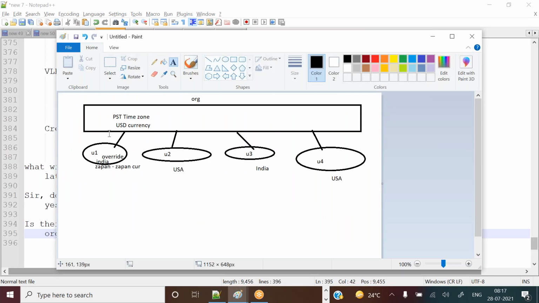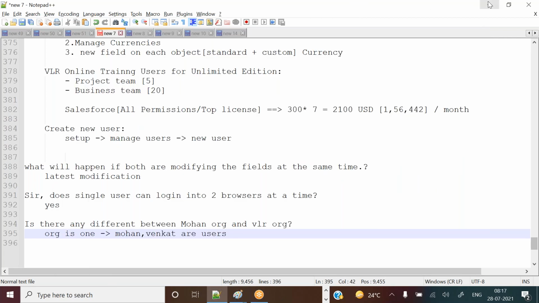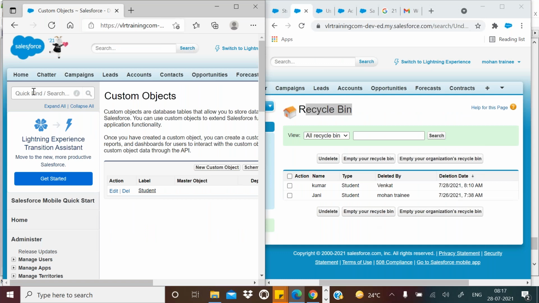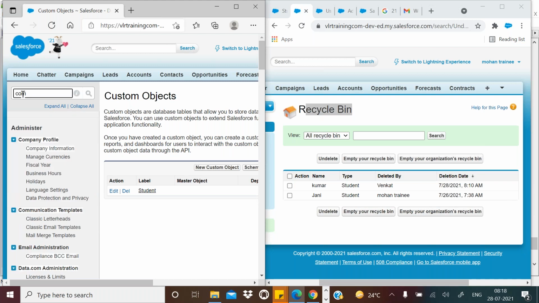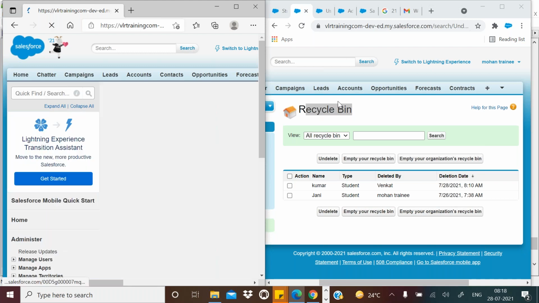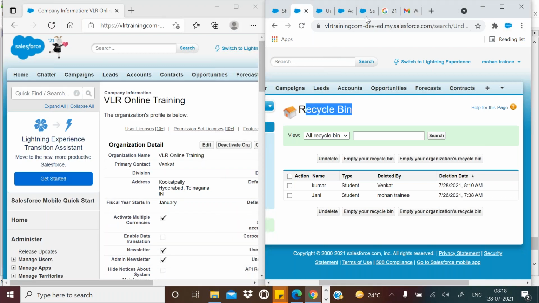See here, this is the org. What are the things available in that org? Let me show you. You can go to company information. This is Venkat. You can see what the org is. VLR online training is the org.